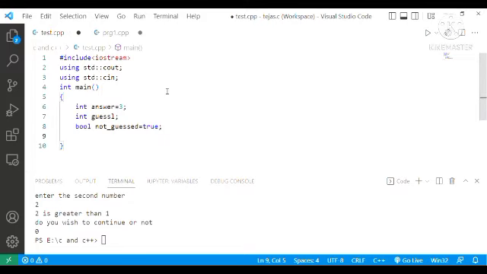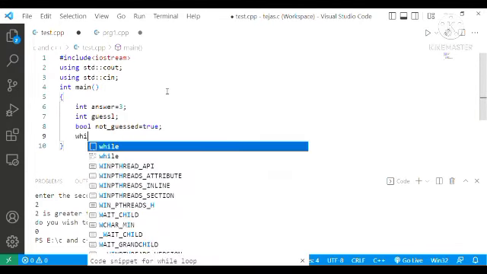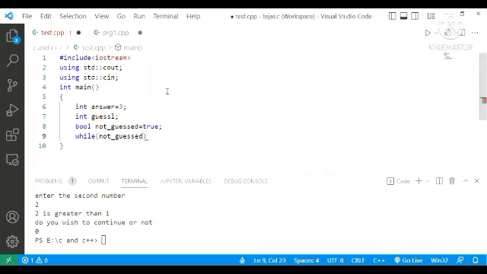Yes. Now I'll make use of while not guessed, enter the while loop. While not guessed,